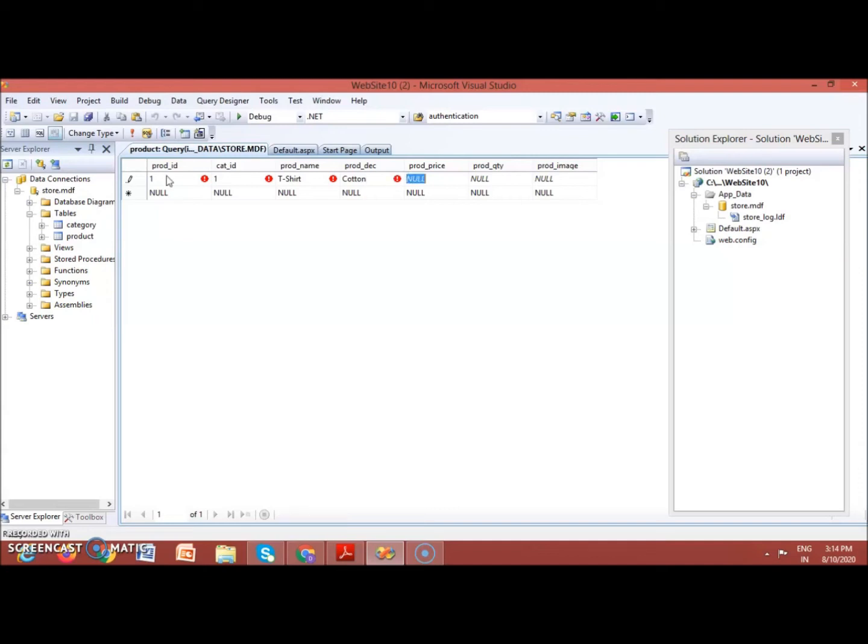Then say product price, like suppose 999.99. Then product quantity, which indicates how many products of the same type are available in store at present. The t-shirt is cotton, I have 10 t-shirts, so I can say 10 on hand.